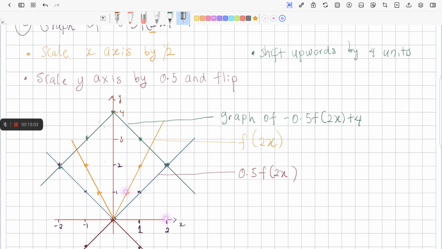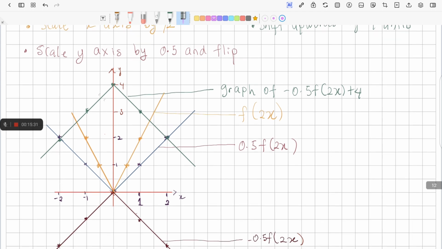Previously 2 was mapped to 2, but now 2 times half is 1, so 1 now becomes mapped to 2, and we do the same on the left hand side, and then we have now this yellow curve for f of 2x. Next, we scale the y-axis by 0.5 and flip, so we move from this yellow curve now to this red